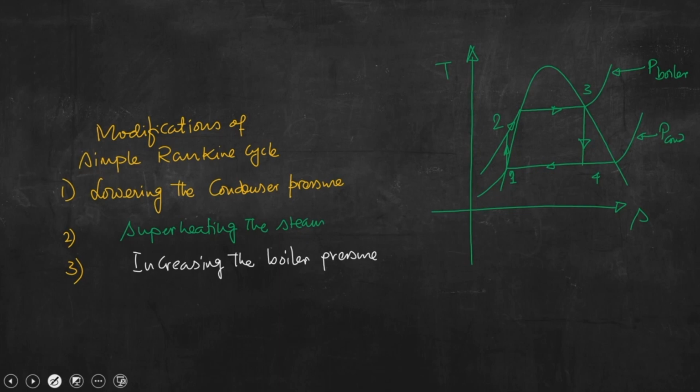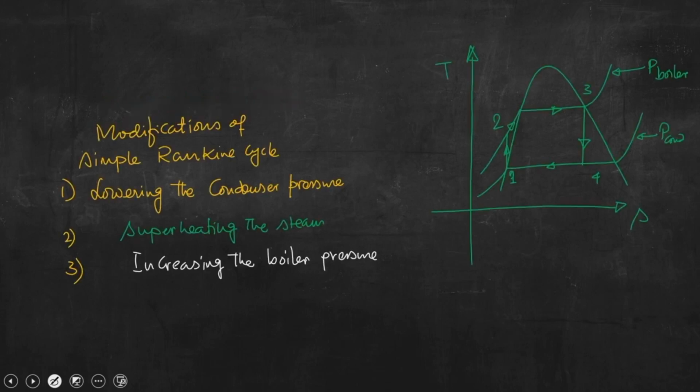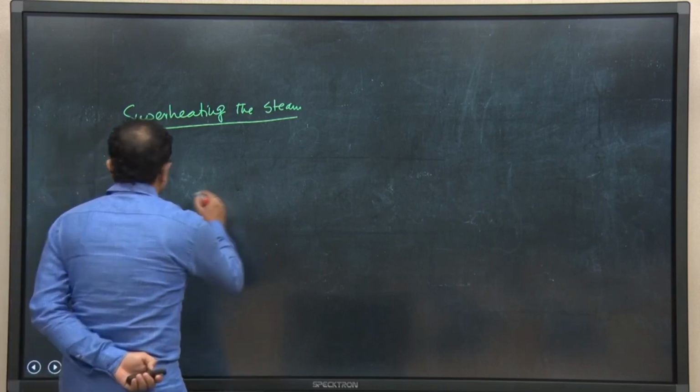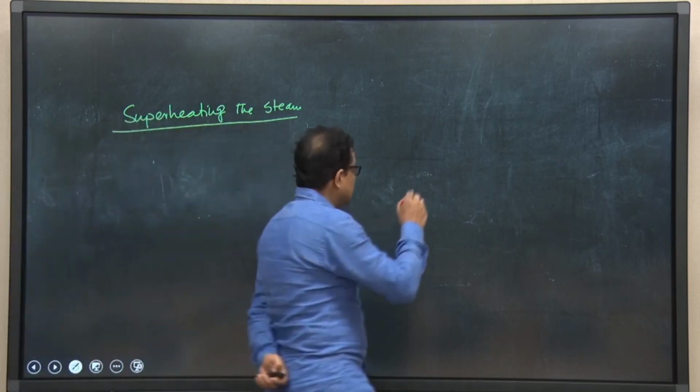Let us first look at the second one, that is superheating the steam. We shall discuss this particular aspect by drawing the processes in the TS plane. So, if we go for the TS diagram,